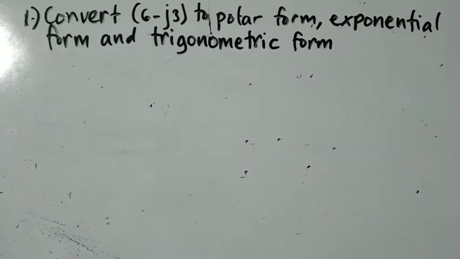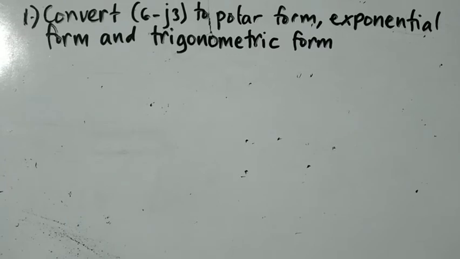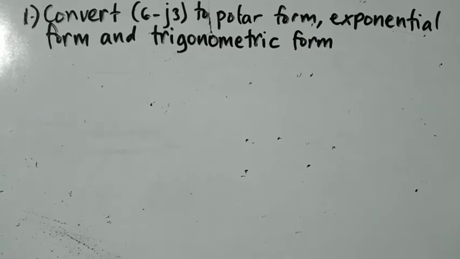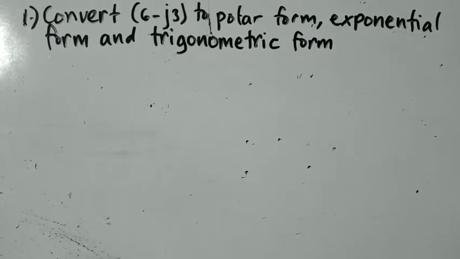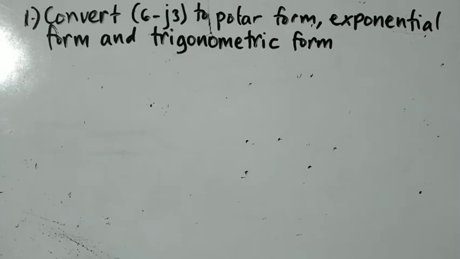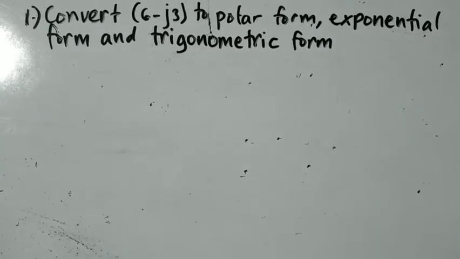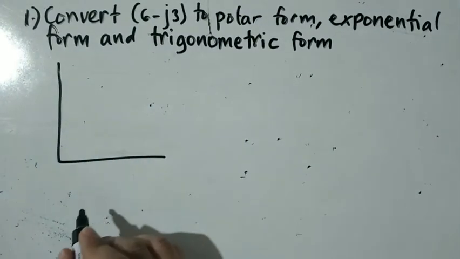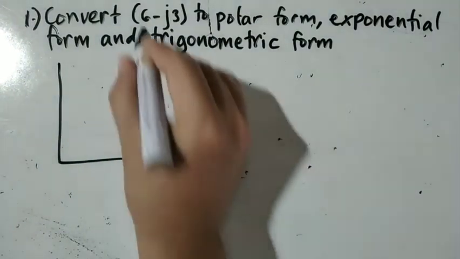Now let's take one example, and that is convert 6 minus j3, which is in rectangular form, to polar form, exponential form, and trigonometric form. So again, we use the Argand's diagram to represent the complex number in rectangular form. So if this is the Argand's diagram, 6 minus j3, 6, the